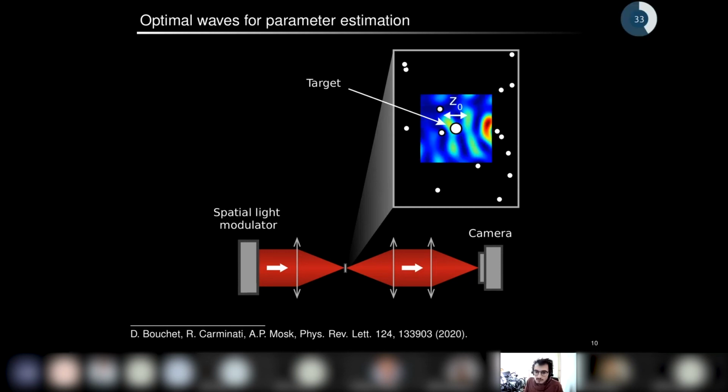And if you change it, and now you are interested in the Z position, the Z coordinate of the particle, then you see that this optimal intensity pattern changes. So here we reduce the optimization for this Z coordinate, and you see the pattern changes. So it really shows that optimizing the Fisher information is not simply focusing onto the particle. There's something else.